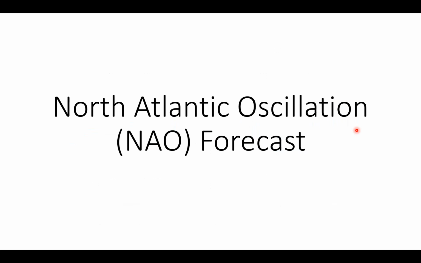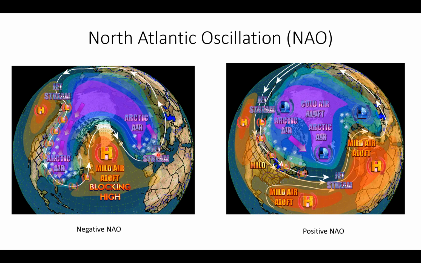The NAO, North Atlantic Oscillation forecast. What's the latest on this? Look at this, negative NAO on the left. We've got a huge blocking high across the North Atlantic up towards Greenland. And we have troughs on both sides, west of the strong blocking high and then east of the strong blocking